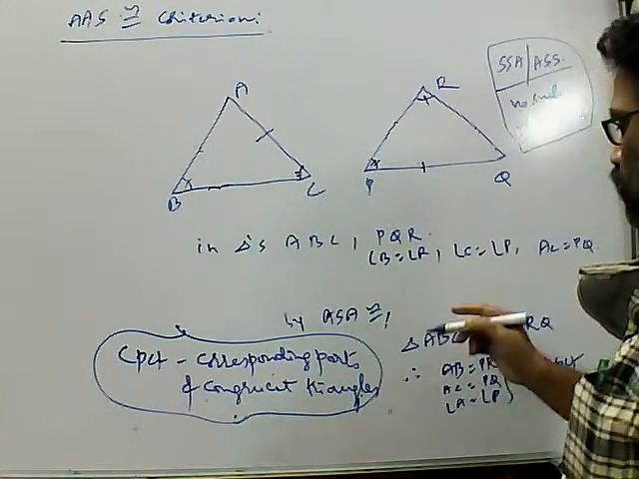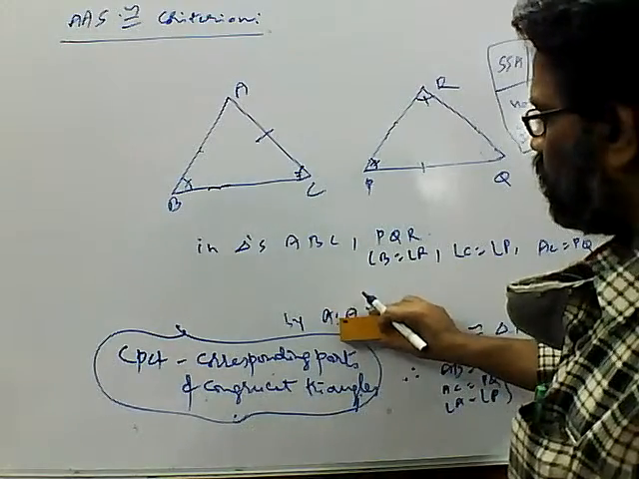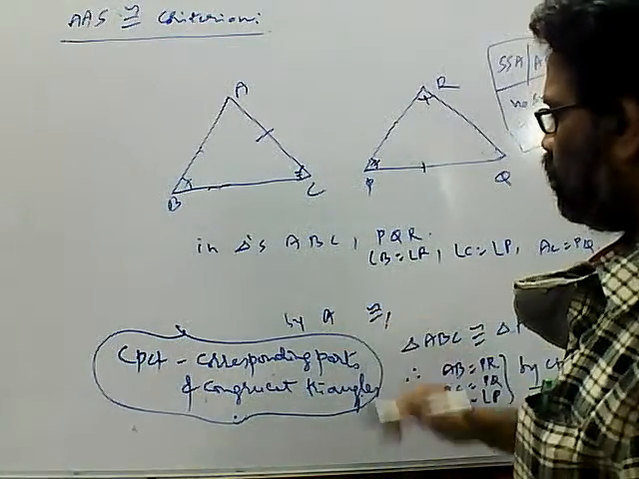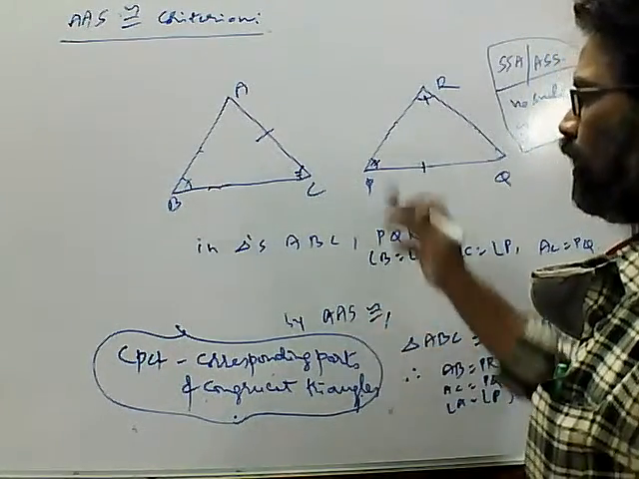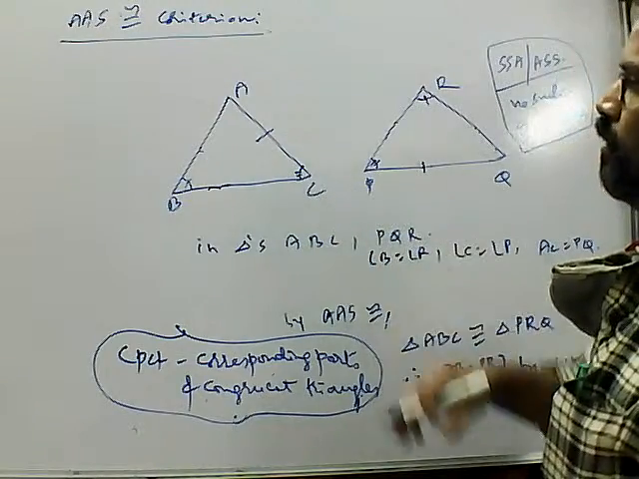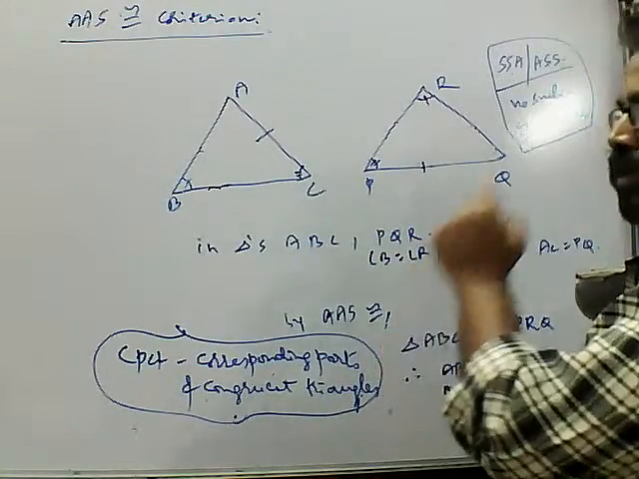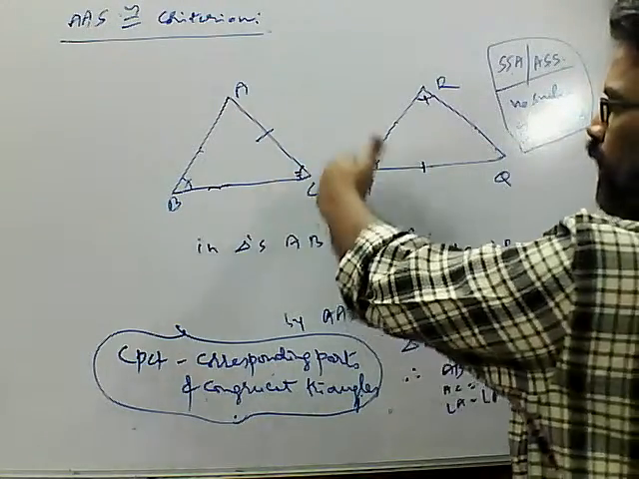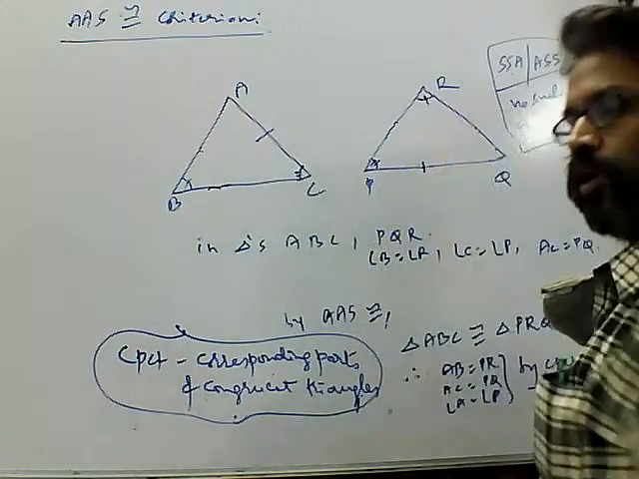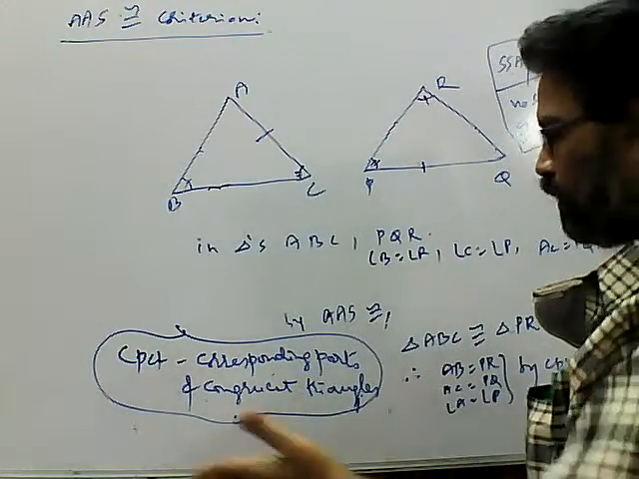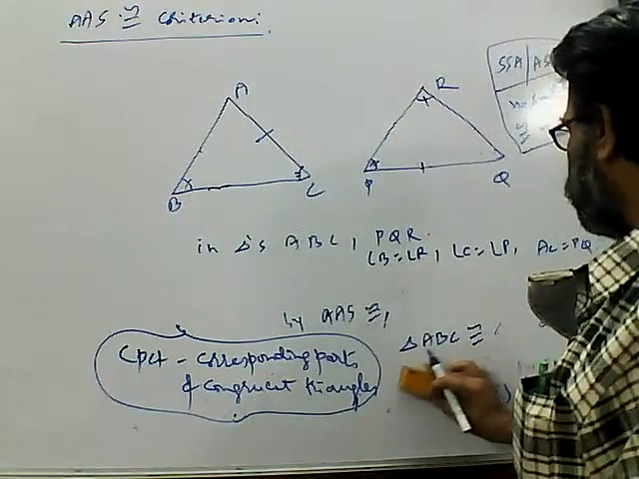Okay. Now by AAS, two angles should be continuous. Then one side will follow. Angles should be continuous, then followed by a side, either cyclic or anti-cyclic, clockwise or anti-clockwise, no problem. But both should be in the same direction. ABC is congruent to